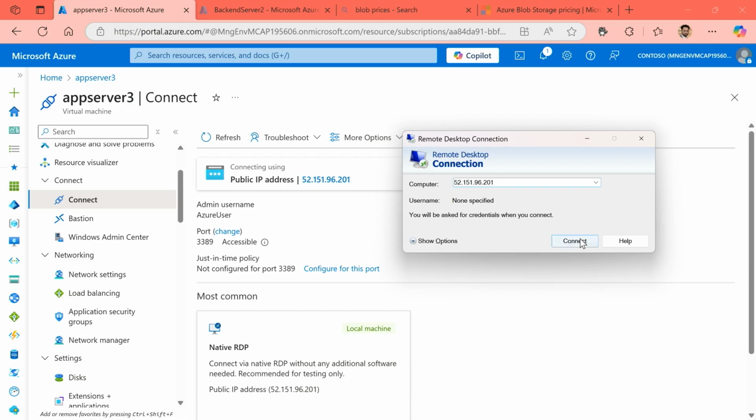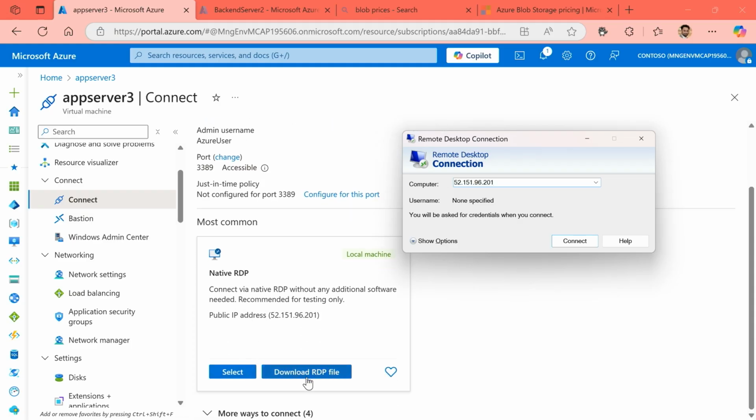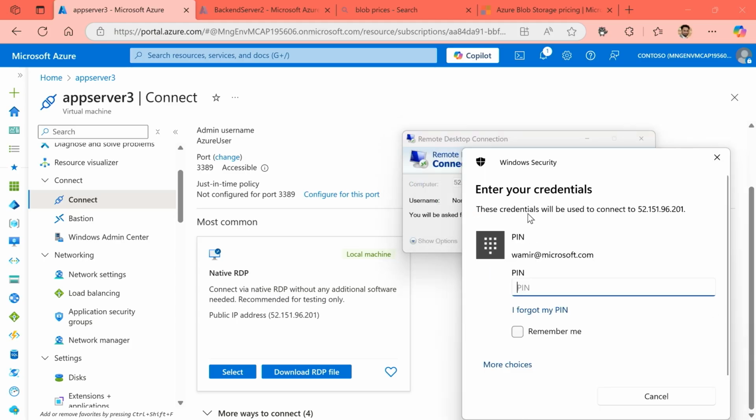By all means, if you want to download the file to copy it, that information is further down here, so you can download the RDP file, which will have the IP address already written into it, depending on how you like doing this. I'll hit connect, and this is where it should start connecting to that resource. Once it's happy for me to connect to this resource, what it should typically do is give me options to click on more choices,